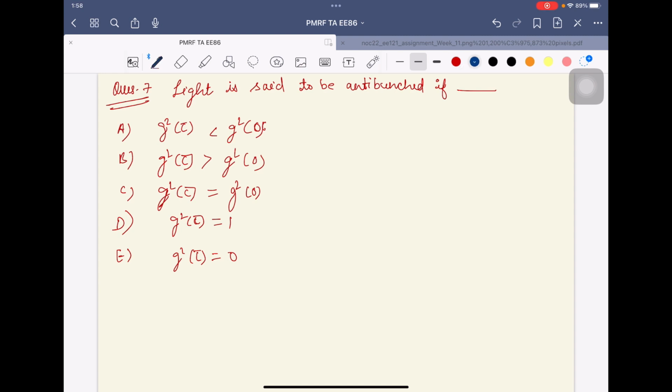So the correct answer is this one. Okay, for anti-bunching we studied that g2(0) is less than 1. Okay,